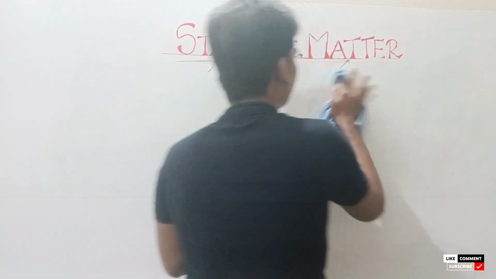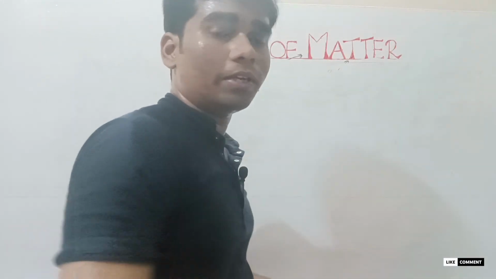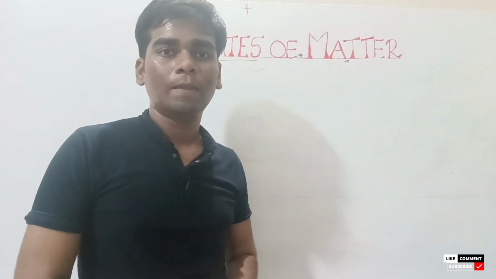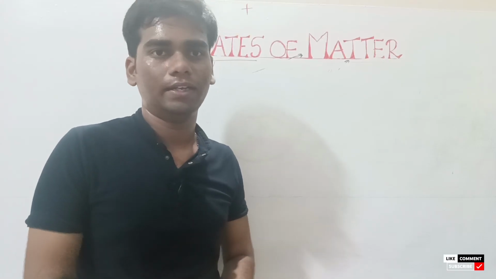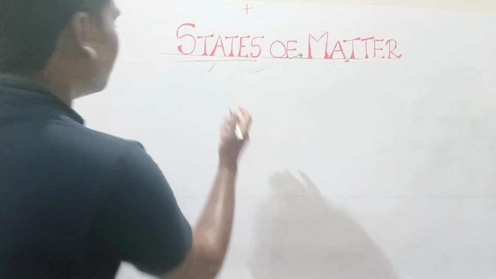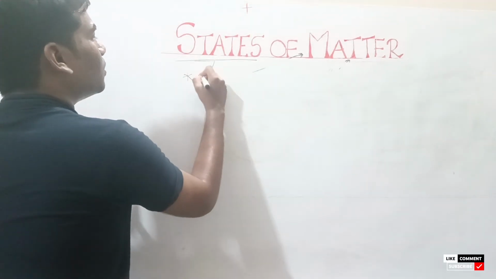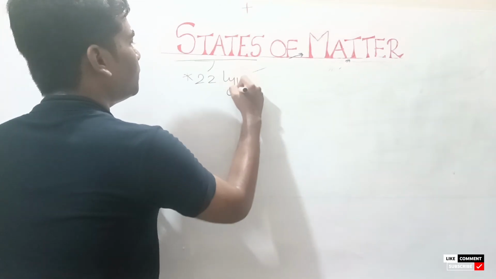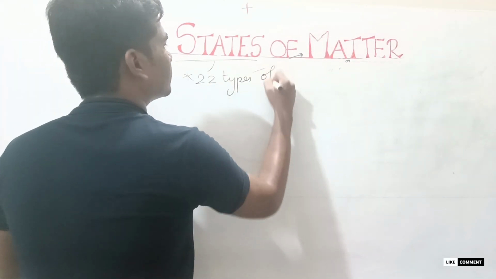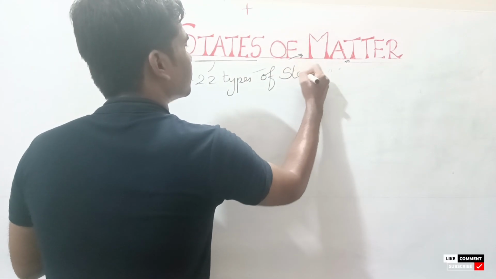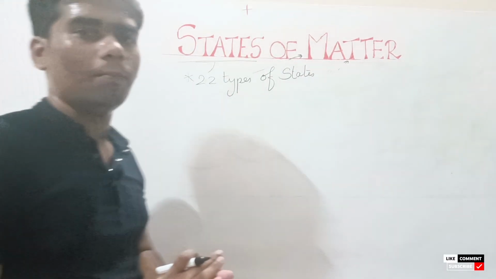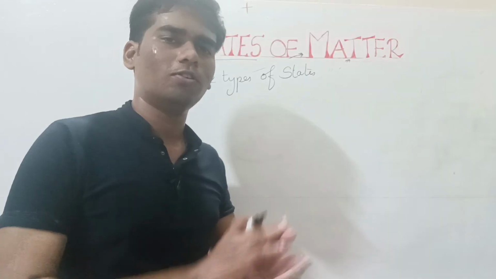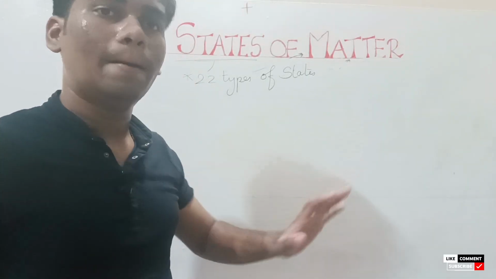There are almost 22 types of states in this world, because each and every day new states are being discovered. But till now we have 22 types of states. Of these 22, we need to learn only 4 states, because these 4 are the major states